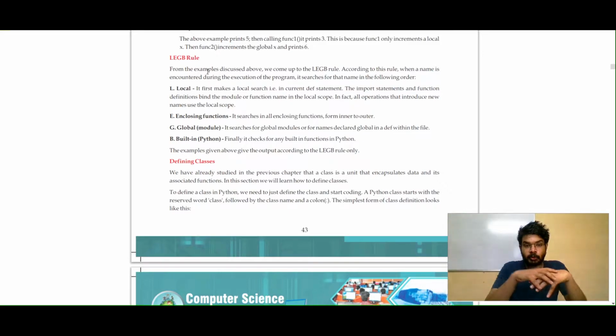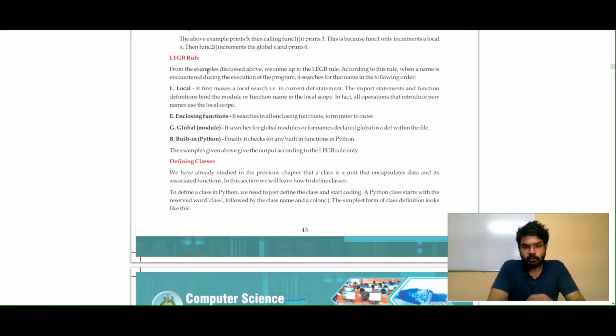If it is not, then the scope is expanded further and it will go to the global level. That is, the module globally would be searched, and the particular variable will be searched within the scope of the module. If the variable is found, then that value is utilized. If it is still not found, then at last the built-in functions would be checked. The built-in functions I have already discussed, the basic ones like print, max, min, which are available to you as soon as the interpreter starts, because these get loaded as soon as the execution starts.